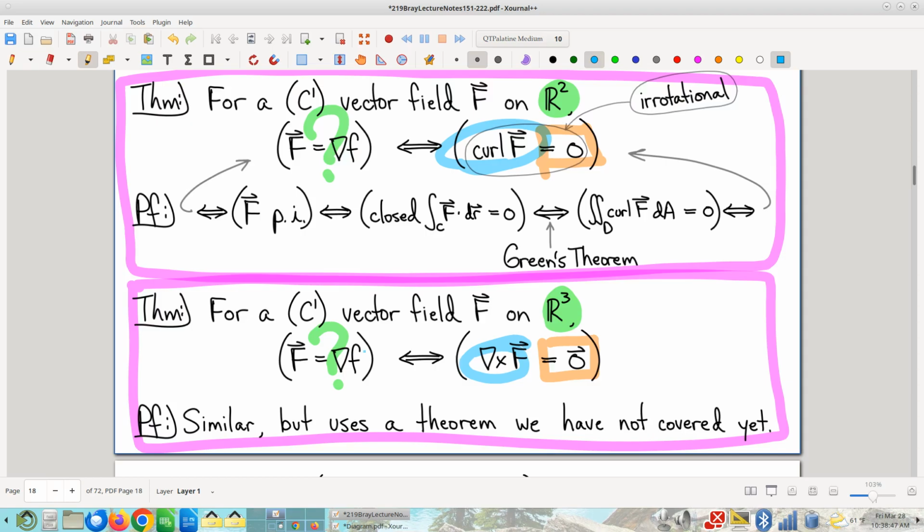Now, how do we prove this highly analogous theorem? Well, it turns out in a highly analogous way. Green's theorem was the big trick that allowed us to prove the 2-dimensional theorem, and there is an analogous theorem we haven't covered yet that's going to allow us to prove the 3-dimensional equivalent. So that's a little bit of foreshadowing. We will revisit this in a bit, but just for your anticipation purposes, when we have the appropriate tools, the way we will prove the 3-dimensional theorem is a shameless copy, total piggyback off of the way we prove the 2-dimensional theorem. So that's just something to keep an eye out for.